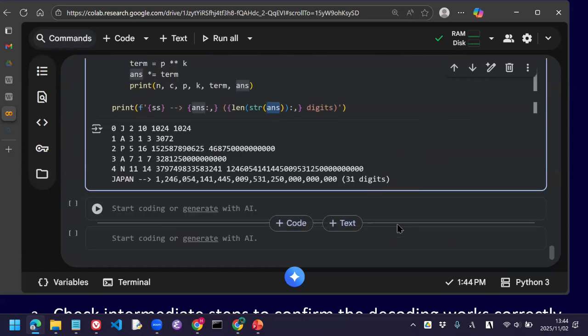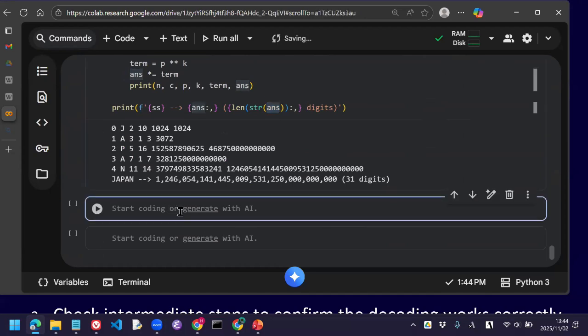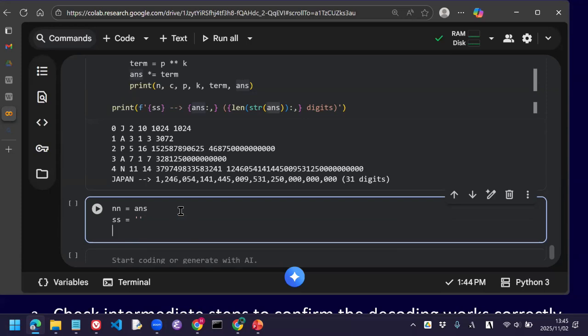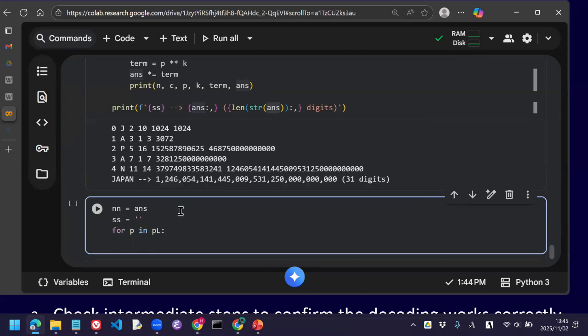Okay, so let's start from here. Let's define the intermediate number as nn, and let's define a string, the answer string, initially as empty. And then we check for each prime number in the prime list